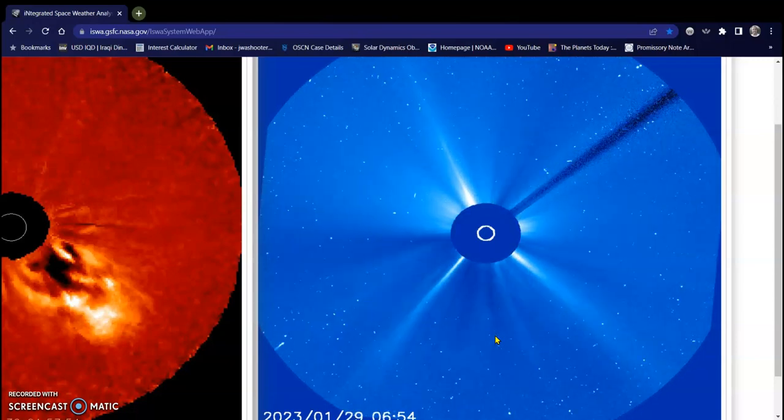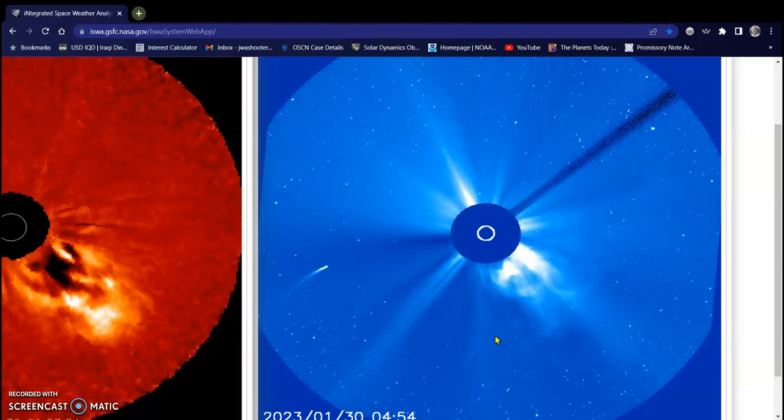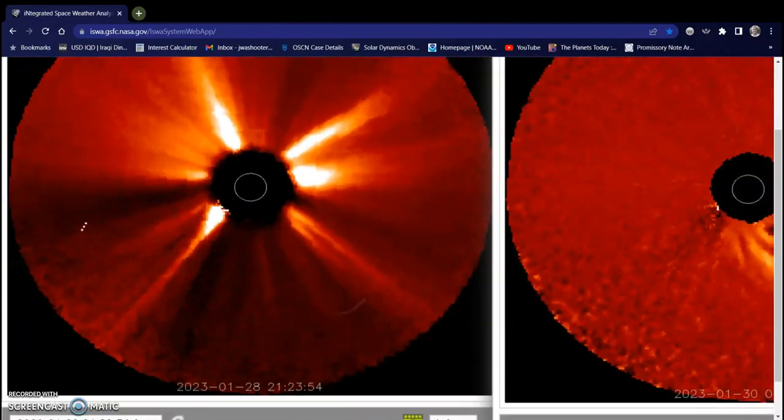So this is quite interesting, how it's coming up very rapidly as it gets to the equatorial plane, and then just goes whoop. Once it gets to this equatorial plane, it really skyrockets up to go up and over. Very interesting. Now, let's check it out on stereo ahead,